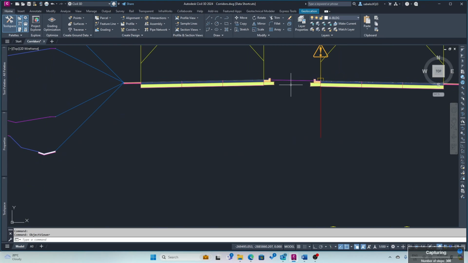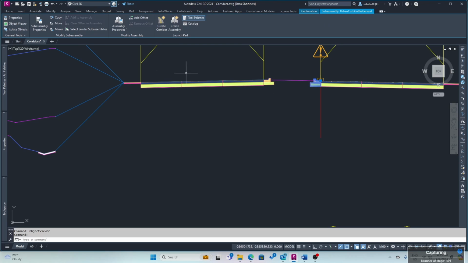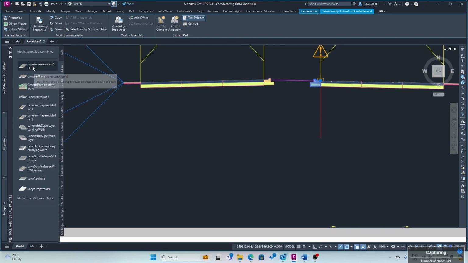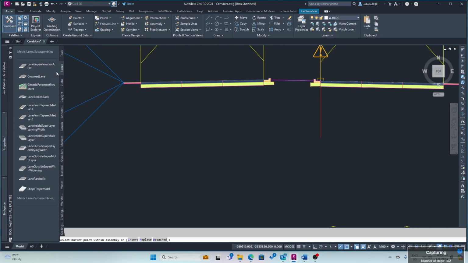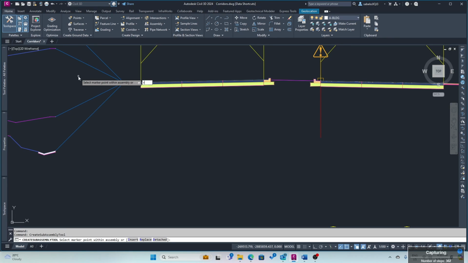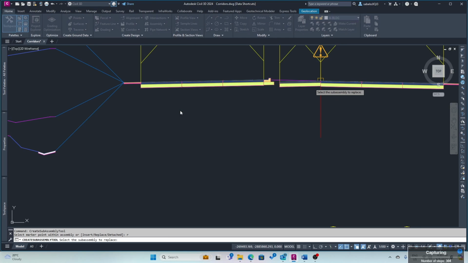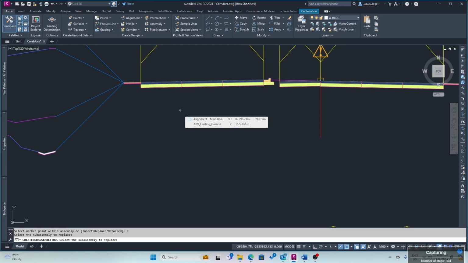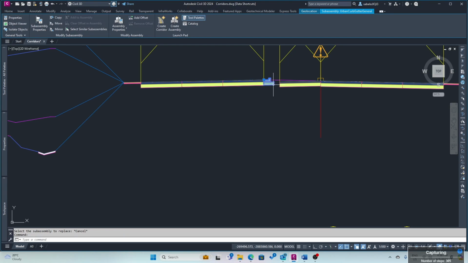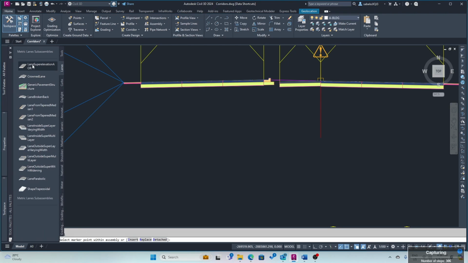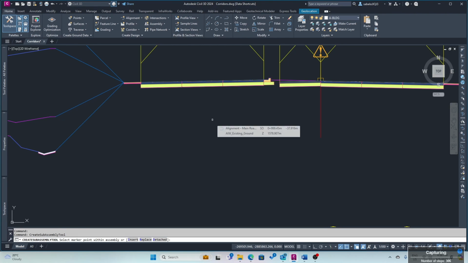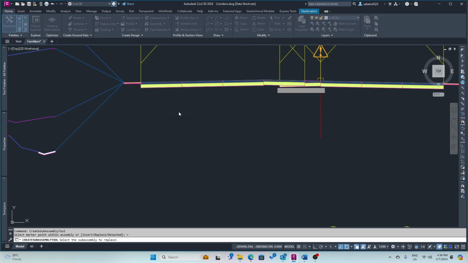our assembly, we're going to click that, come to the tool palettes, and replace this one. Okay, and then I want to come here. I want to replace this one with that. Okay,